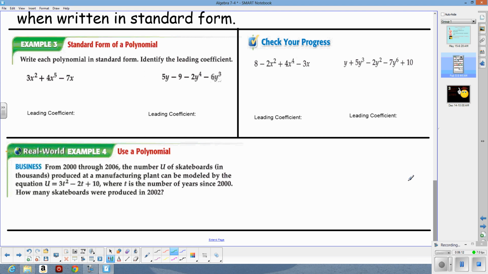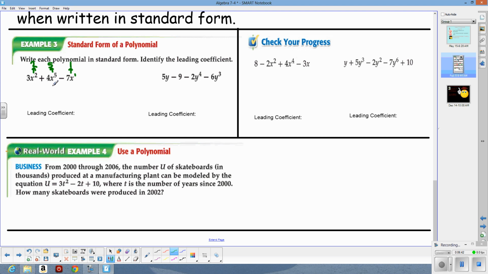So if we take a look at example 3, it says write each polynomial in standard form, identify the leading coefficient. Well, we first need to figure out what degree each one of these terms is so we can put them in order. So the first one is degree 2. This is degree 5. And this would be degree 1. Now if we put them in order,